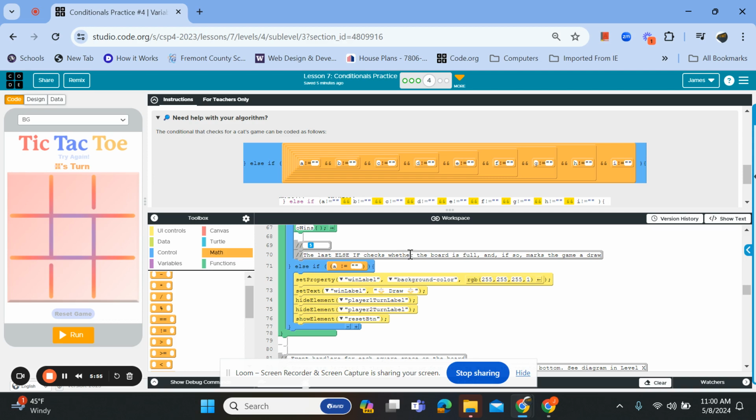And so I've got not equal to, and I don't know, I might have messed myself up by starting this way, and B is not equal to blank. I'll put a space, and so what's the next one? C, yep. C not equal to blank,